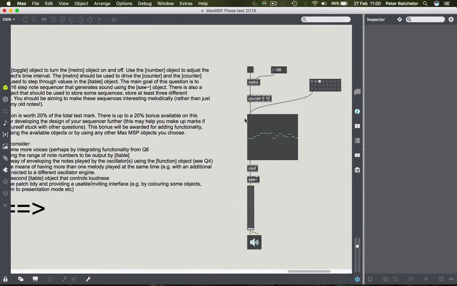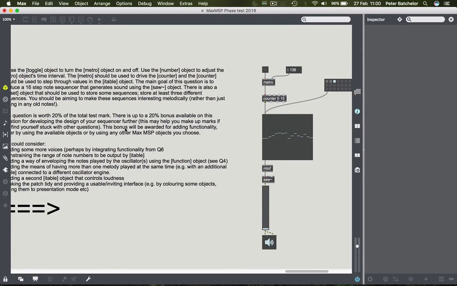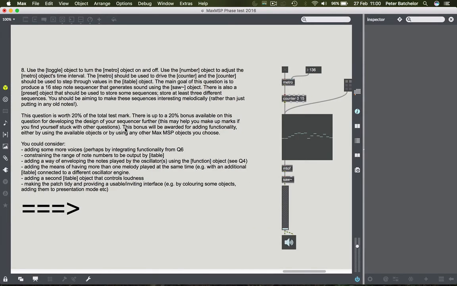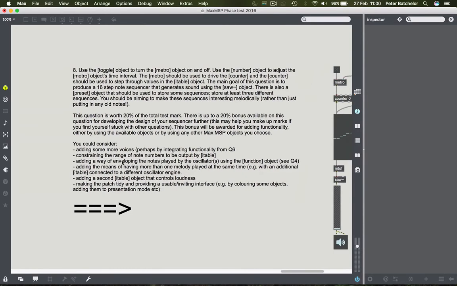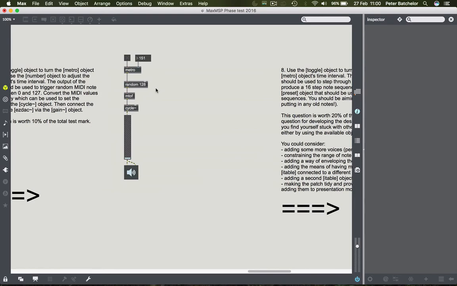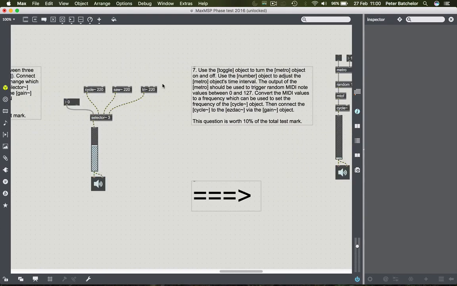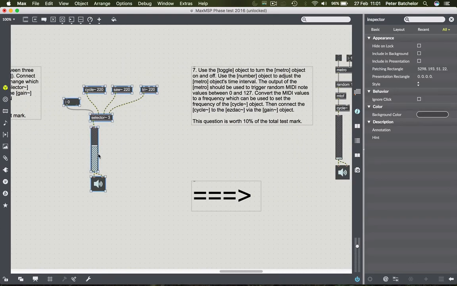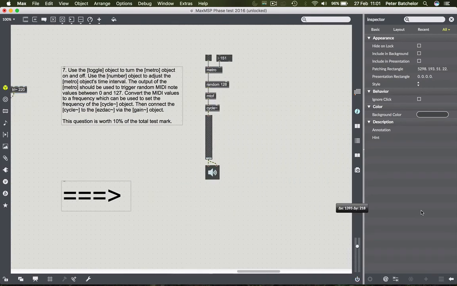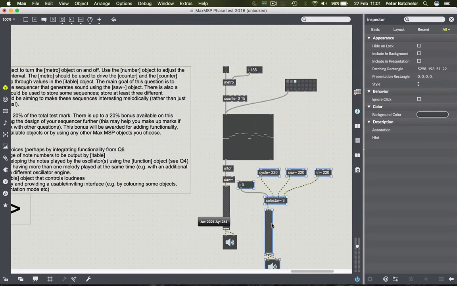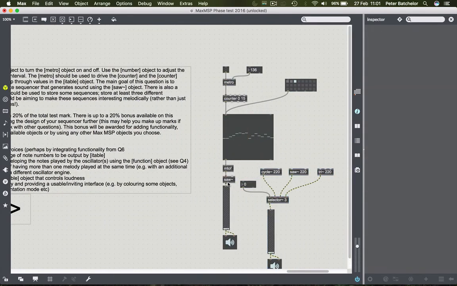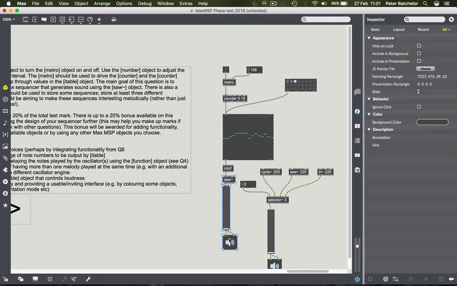So you get 20% for doing that, and there's 20% extra for developing the design. And it says you could consider adding more voices, perhaps by integrating functionality from question 6. Well, that's dead easy. All you do is take question 6 and copy it over to here and replace the bottom bit here with,